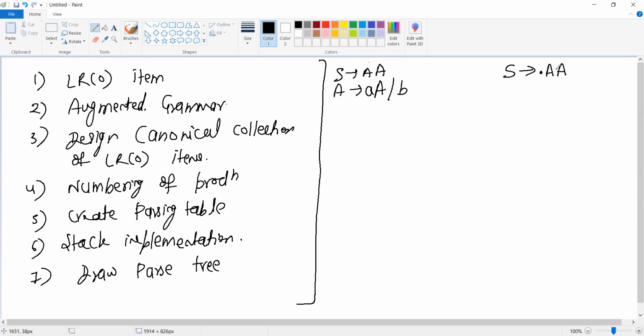Now, what is the meaning of that? The meaning of that is if the dot is at the start of the production, which means there is no navigation has been done till now in the production, and we will move this dot one by one towards the right hand side. Suppose you have moved your dot one place to the right hand side, which means the production was double A and only single A till now has been explored by the compiler. What is left? One capital A is still left.